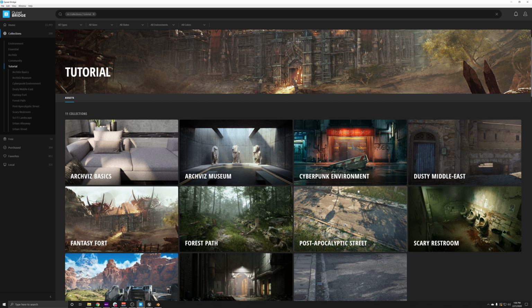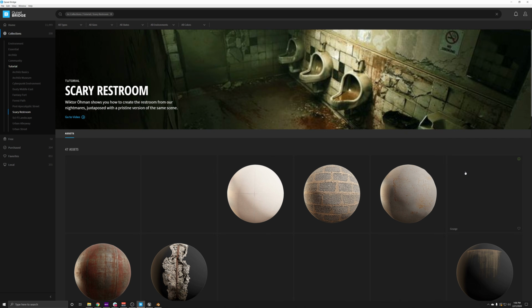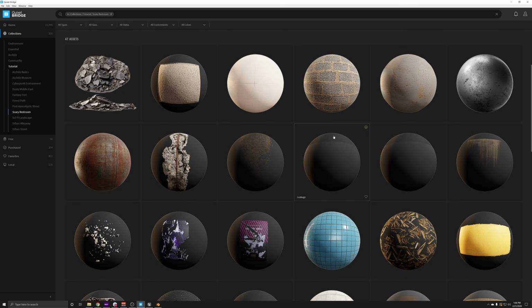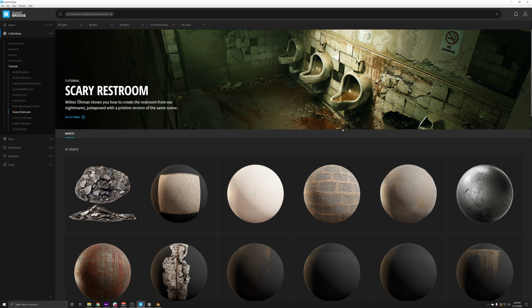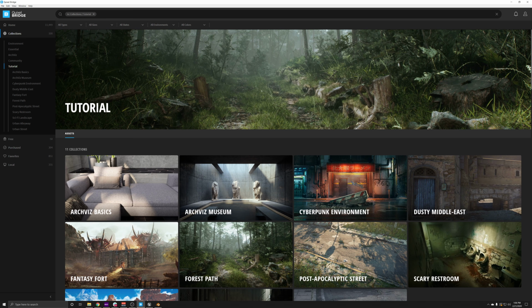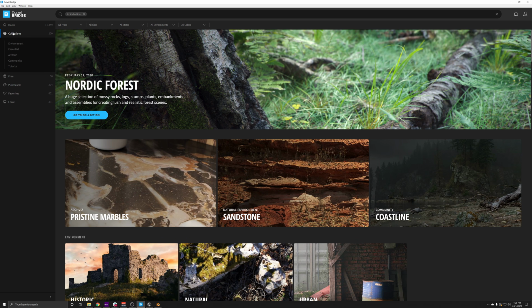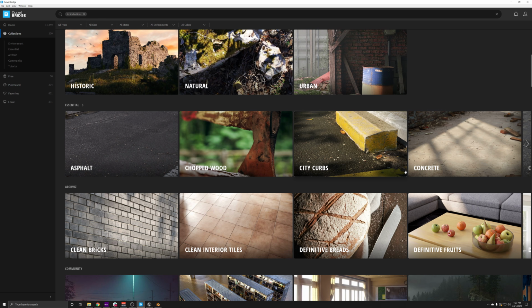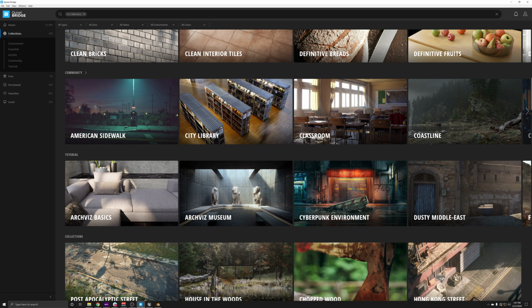I know this scary restroom here was a very popular release, and it has several decals on this tutorial. So knowing how to do the decals and how you can manipulate those yourself would be a really great learning experience and self-teaching experience that we're really hoping to bring forth to you guys. But those features, those aspects will be coming to us at a later update. So stay tuned for that, and we'll be sure to showcase that again later on. So let me just scroll down here.